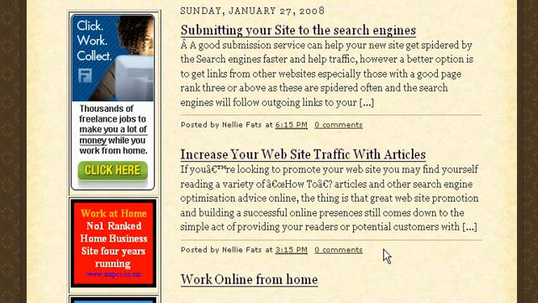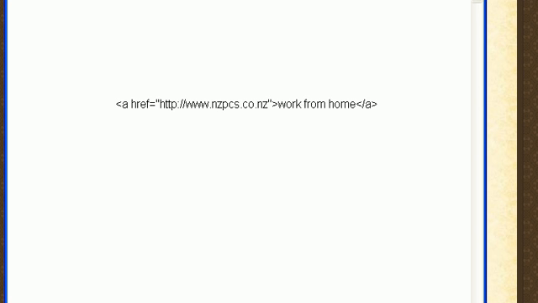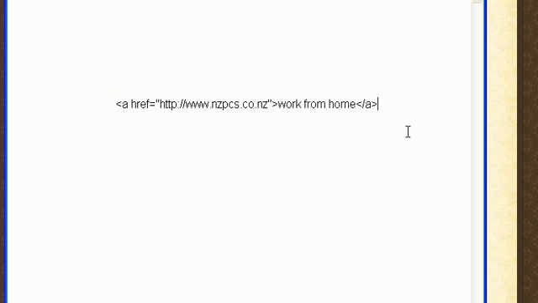Now here's the good news if you're an NZPCs member, and if you've done your homework like we asked you to do. If on your blogs and websites you have been putting this link on your site as we asked you to do, you will start getting hundreds or even thousands of links from around the internet from people using your RSS feeds as part of our network. All of our members who have done this, we have added your RSS feeds into